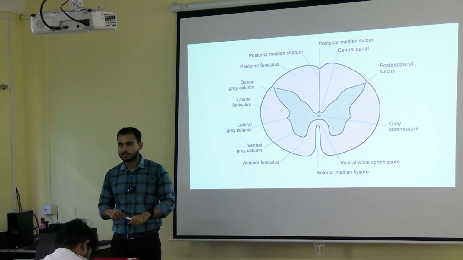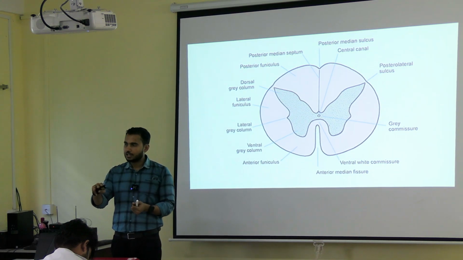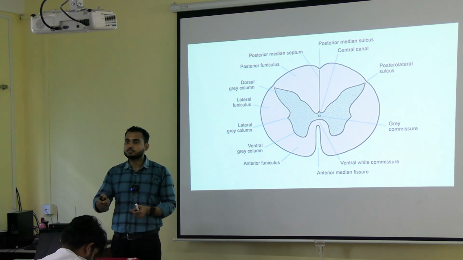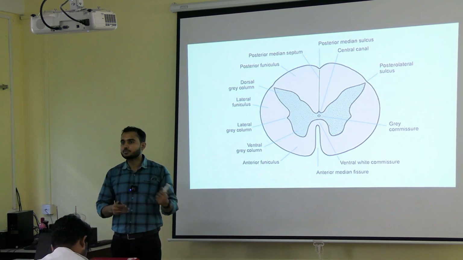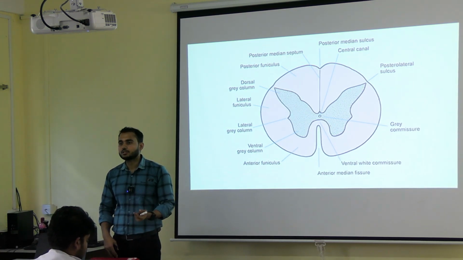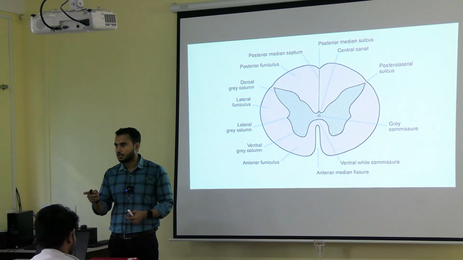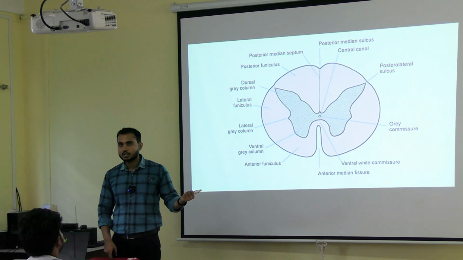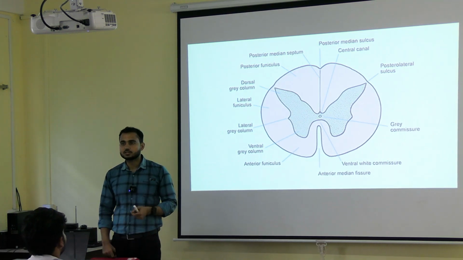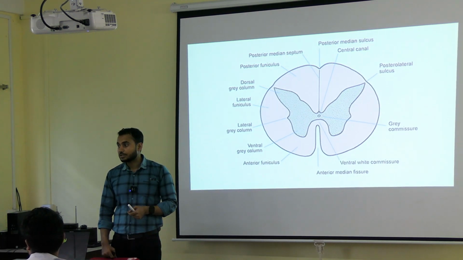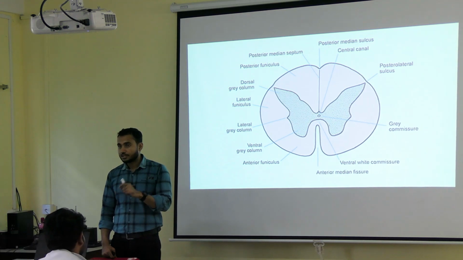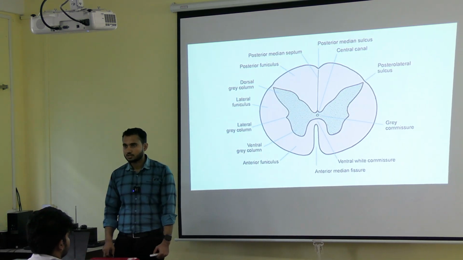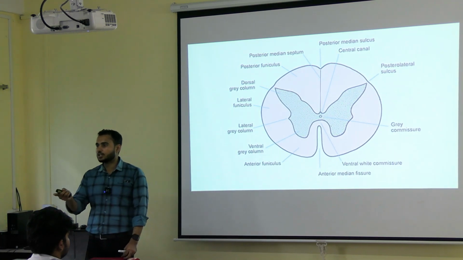So first you have to identify that. Once you have taken the TS, you have to identify कहाँ पे gray matter है, कहाँ पे white matter है. Next you have to identify which is the anterior side, which is the posterior side. तो कैसे आइडेंटिफाई करोगे? With the help of the fissure. जो फिशर है वो सामने एंटीरियरली रहता है और जो सल्कस है वो पोस्टीरियरली रहता है. How to differentiate between fissure and sulcus? Depth of the sulcus is less, depth of the fissure is more. ये देखो depth is more, ये देखो depth is less. Like this easily you can differentiate which is fissure and which is sulcus.